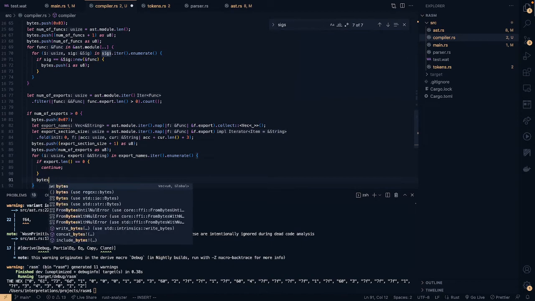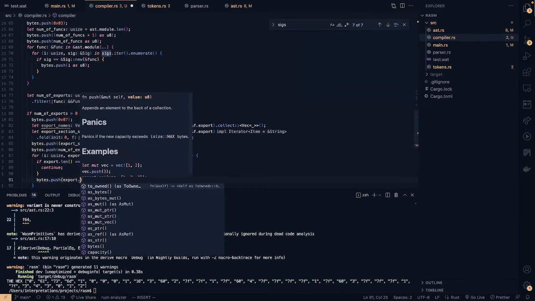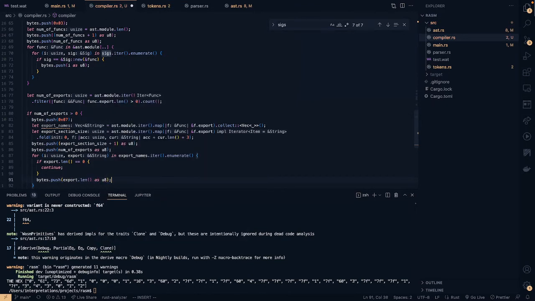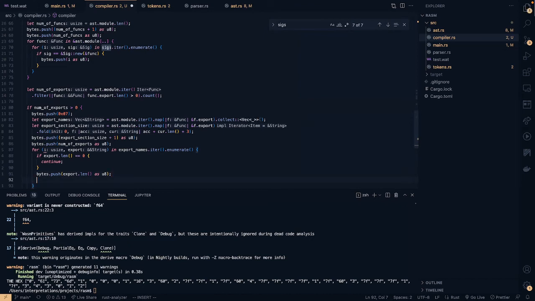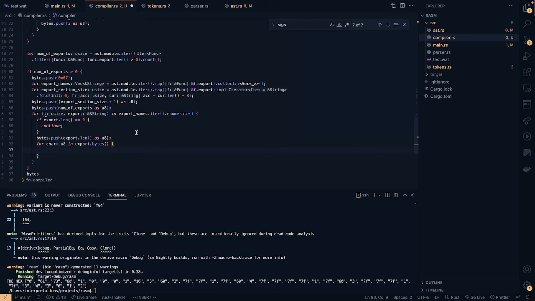Otherwise, we will first push the length of our export. And then we get to do a little bit of ASCII stuff here. So for the char in our export as bytes, I could pull up an ASCII table right now. The main thing is that we have to push it